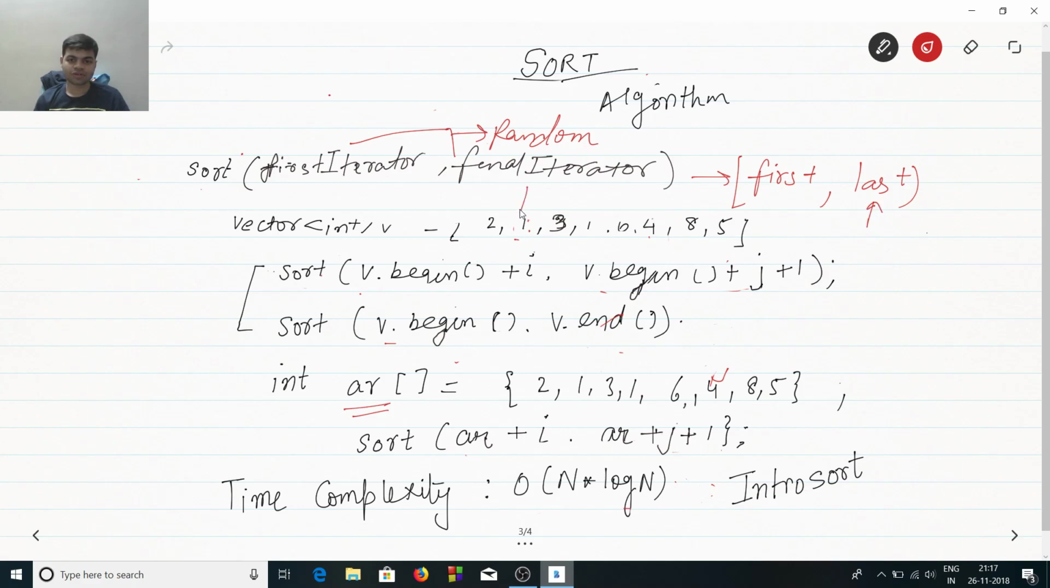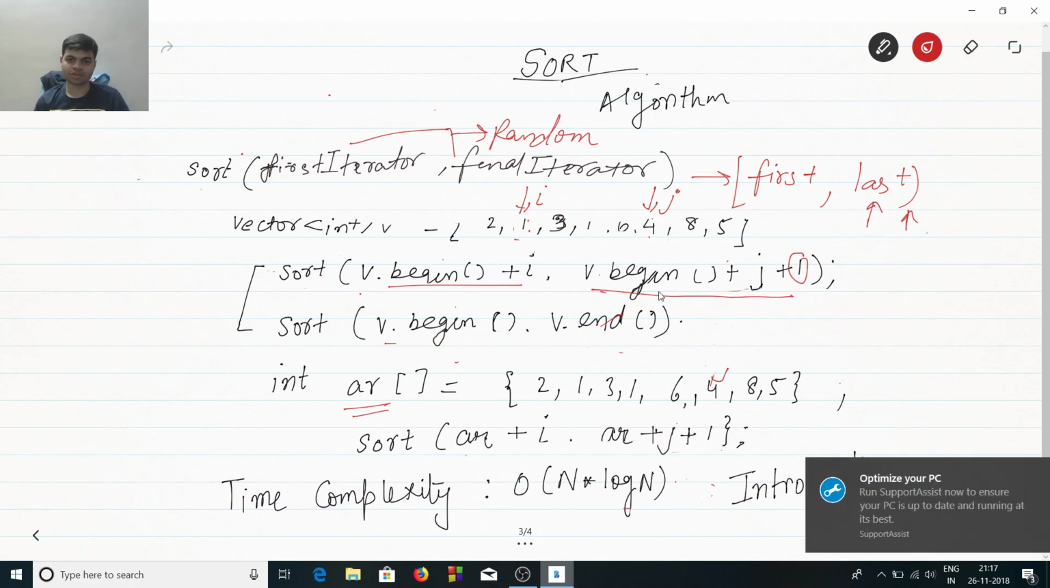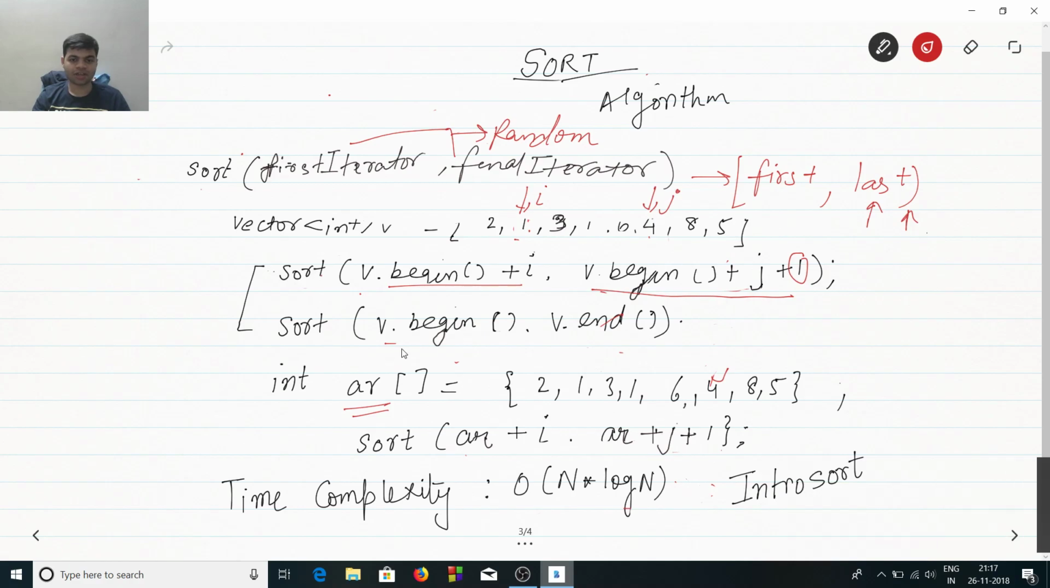Let's suppose you have to sort elements where this is at the ith position and this is at the jth position. Then you write v.begin() plus i, v.begin() plus j plus 1. Why plus 1? Because it doesn't include the last element of the sequence to be sorted. Okay. Suppose you want to sort a complete container, then you can directly give the begin and end